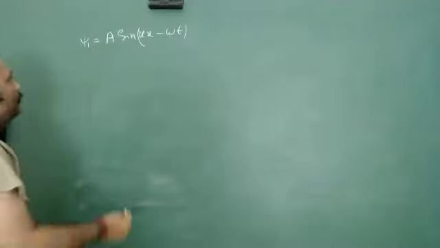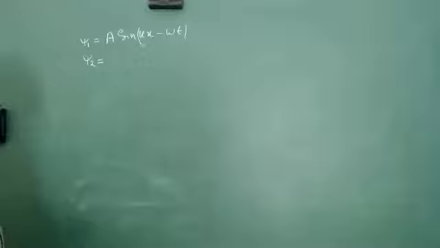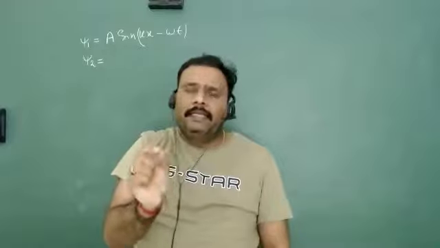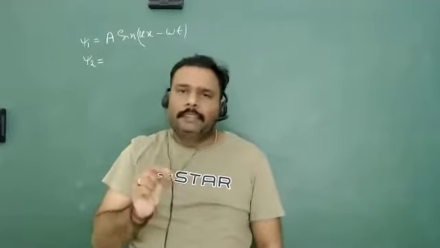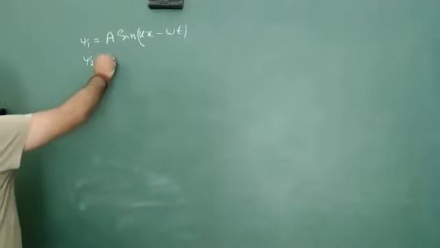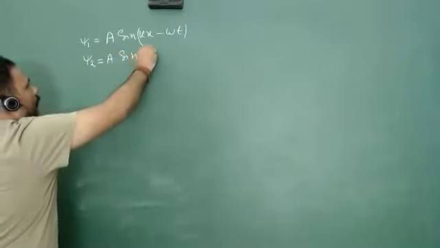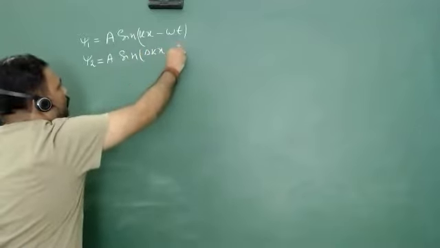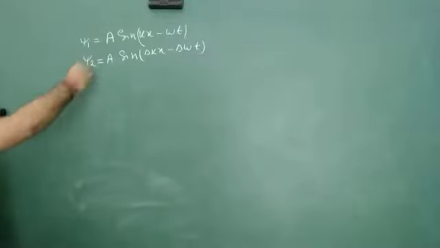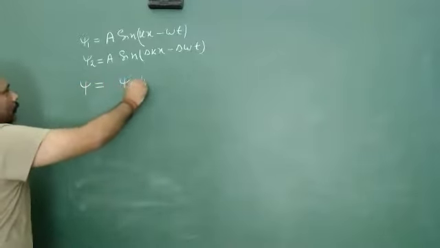And another wave is known as psi 2, and this wave has a little bit of change in k and a little bit of change in omega, a very small change in k and a small change in omega. So this is the other wave which will be associated with this. This will be A sine of delta k x minus delta omega t. So this is psi 2. So what will be the superposition of this particular wave, is new psi, and let's say this is psi 1 plus psi 2.